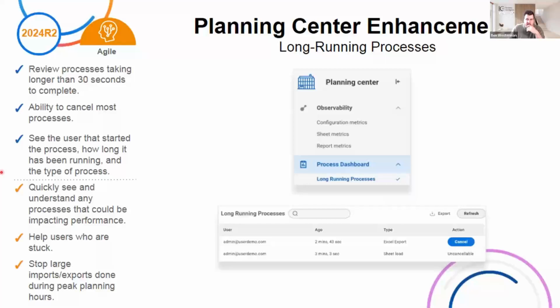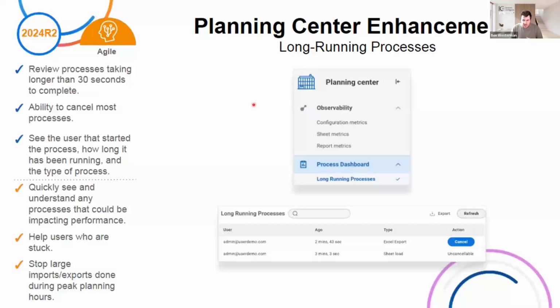Another feature just to highlight is the Planning Center enhancements. So obviously the Planning Center was a release that came out in R1. This is sort of being fleshed out quite significantly, and I imagine there's going to be a lot more on the roadmap for this. They've shown us a couple of things around what's coming up, but this speaks to it. But there's obviously a few updates that are coming out, and the latest one is looking at process management as